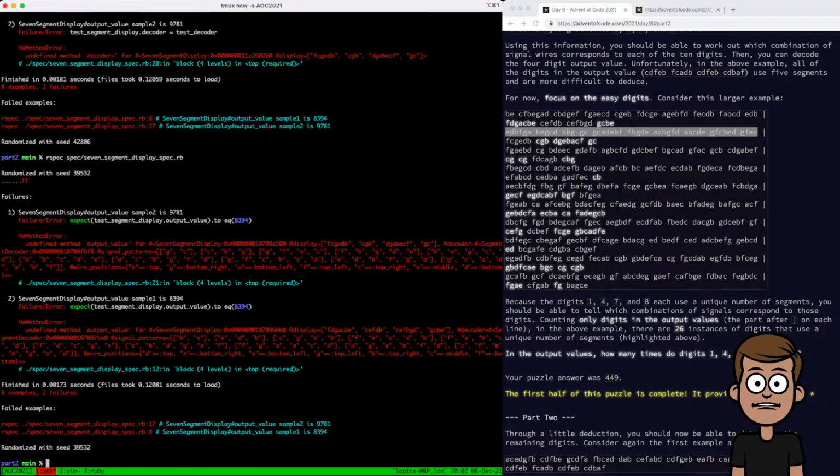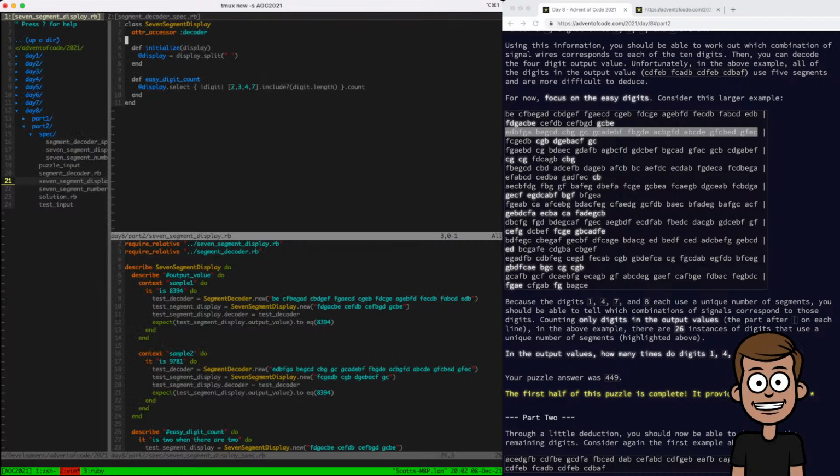Right, and the undefined method output value. Cool. So now we have def output value, and the output value is going to be display.map